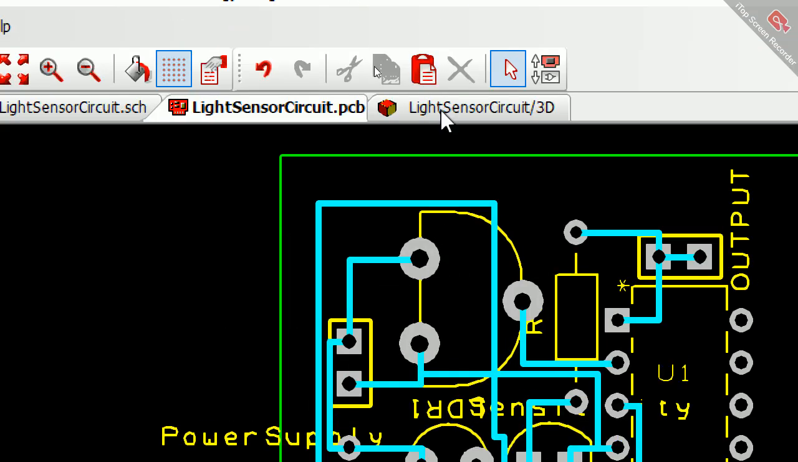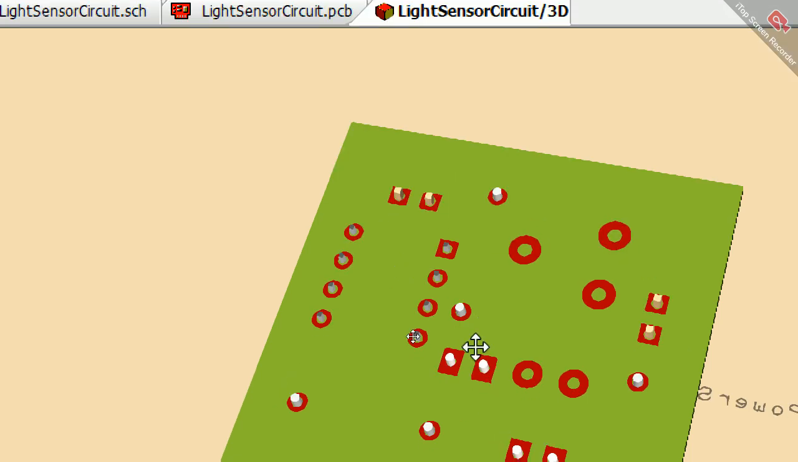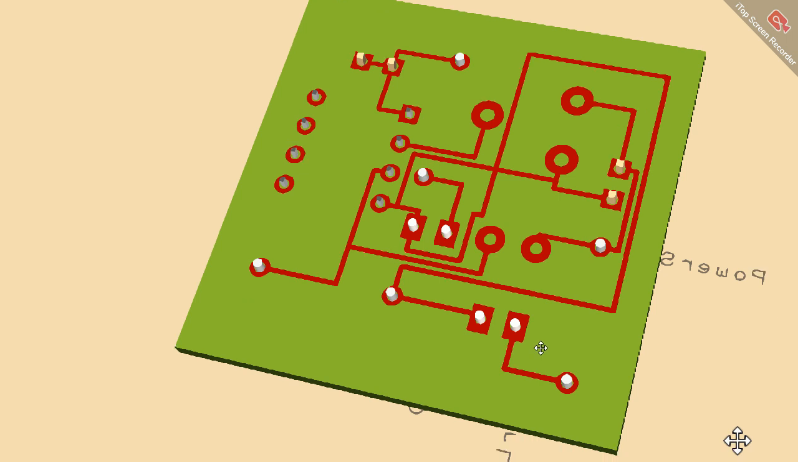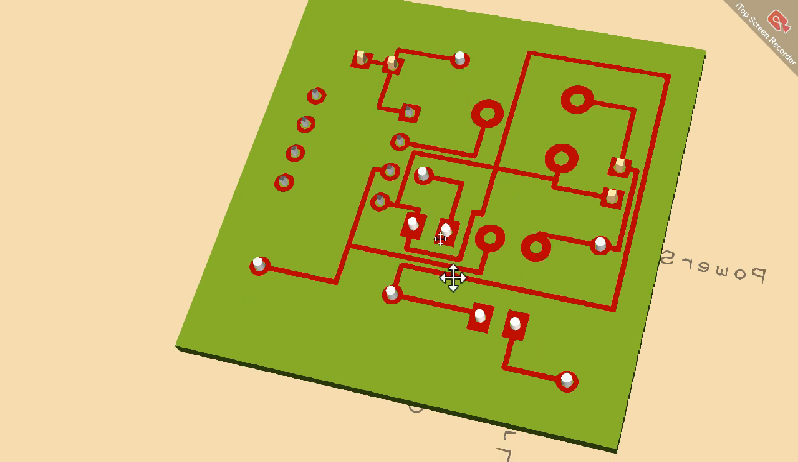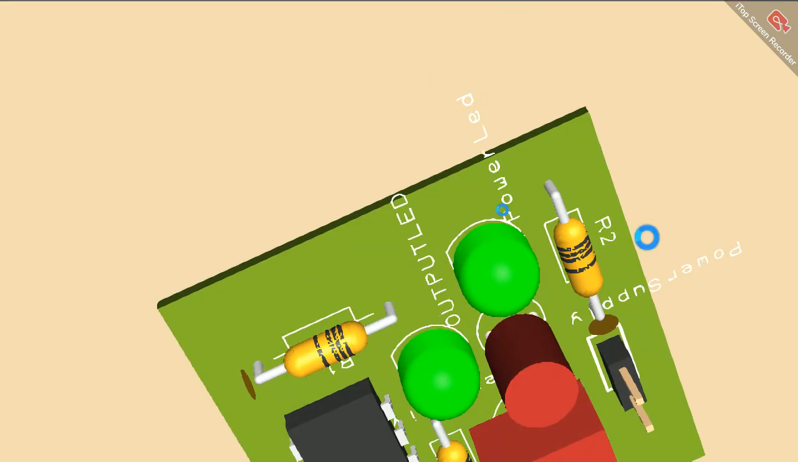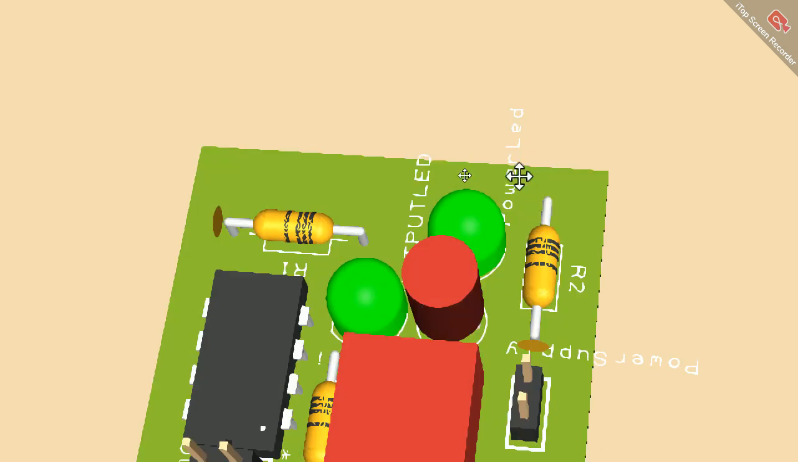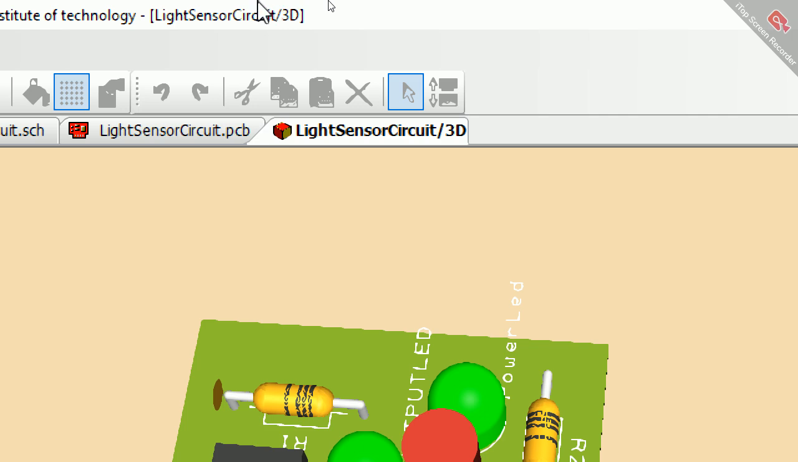Now you see the 3D view. Still we don't have any kind of routes. Here you can click on refresh. You can observe here routing is done. But if you observe the board, a lot of the information is going away from the board. Information is not properly placed, right? In order to place the information properly,